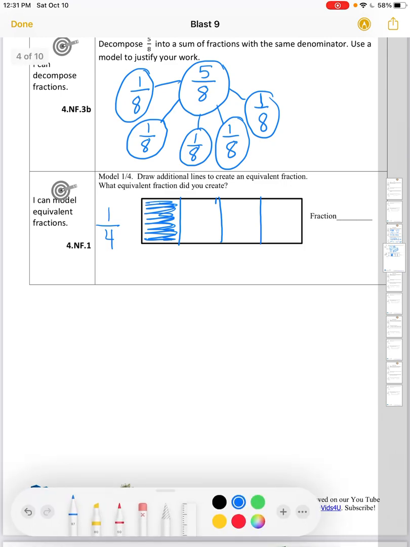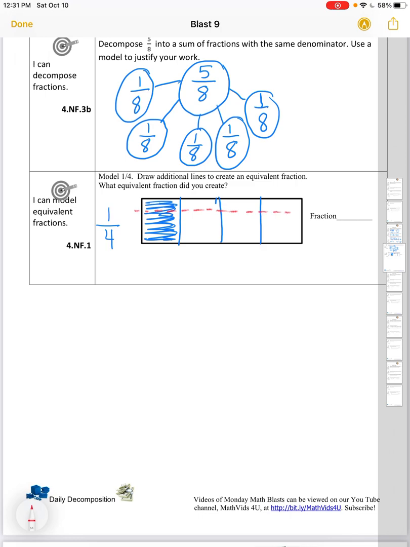Now I want to draw some additional lines here. I can draw as many additional lines as I want. Let's draw 3 additional lines. So if I chose to draw 3 additional lines, then my 1 part would be broken into now 4 shaded parts. And my 4 equal parts in the whole has now become 16 parts in the whole. So 1/4 is equal to